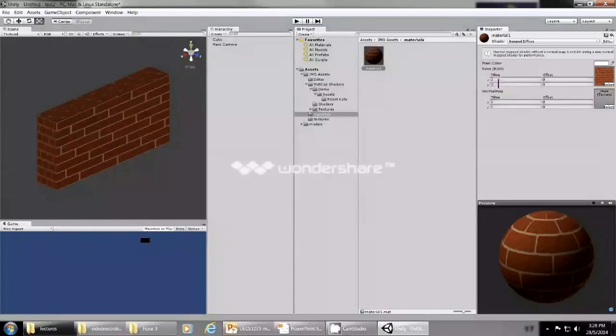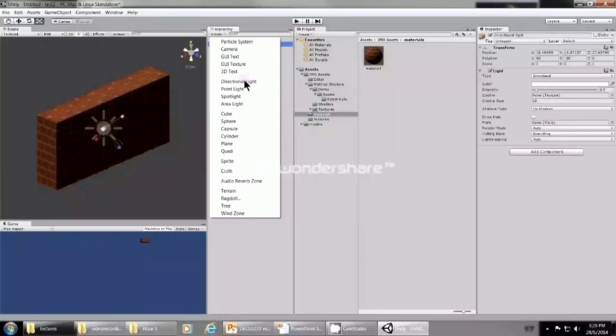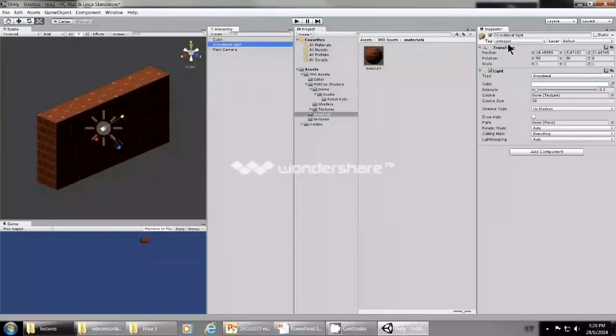Now before we end, let's put a small directional light into the scene. Let's play around a bit. I'm going to add a light into the scene here. Create, I'm going to put a directional light. I'm going to set this light at a slightly different value here. I'm going to put the light at the X position